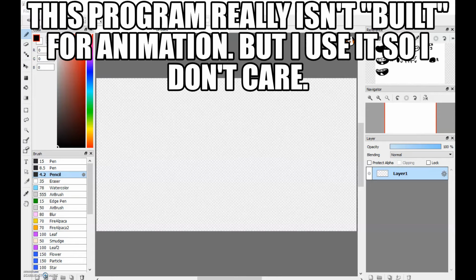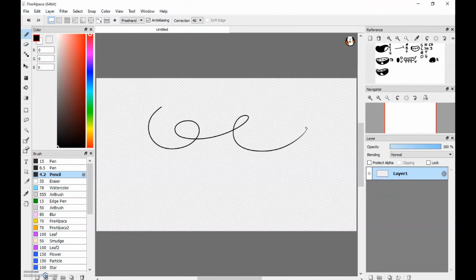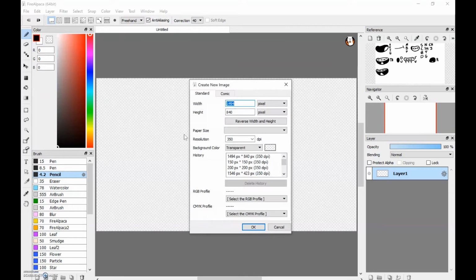So this is Fire Alpaca 64, in case you want to go ahead and get it to draw and stuff. It's a really cool thing. So the very first thing you're going to want to do is click New,